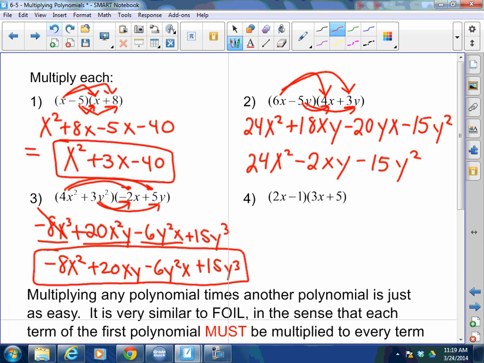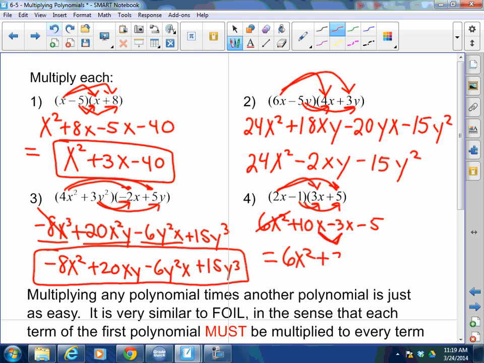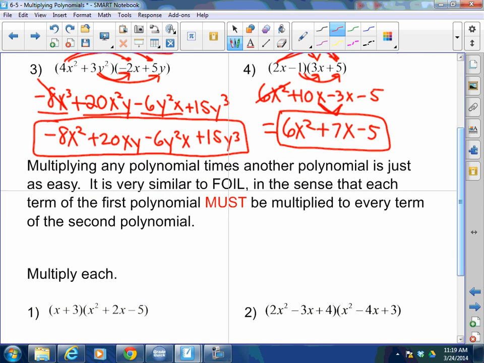Okay, next. 6x squared plus 10x minus 3x. Beautiful, son. Give it to me standard form. 6x squared. No. These two are like terms. Plus 7x minus 5. Very good. Does that make sense? Yes, no, maybe, kind of, sort of. Okay, now,